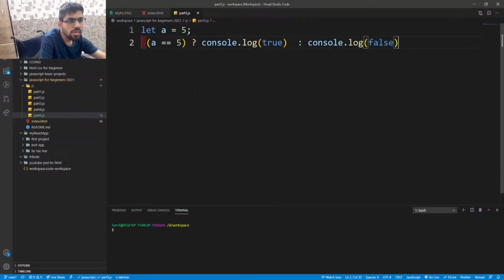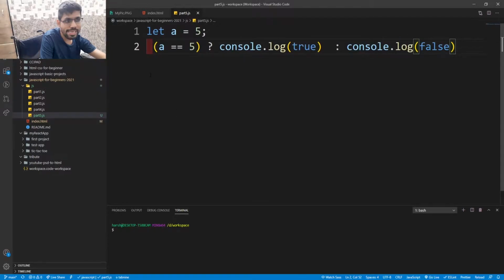Let me zoom first. In this piece of snippet, here is a ternary operator. Don't worry about it. We will cover it later in the course. But stay with me. I will tell you the basics and why I chose this ternary operator to explain Boolean in a minute. If we set a variable a equal to 5,